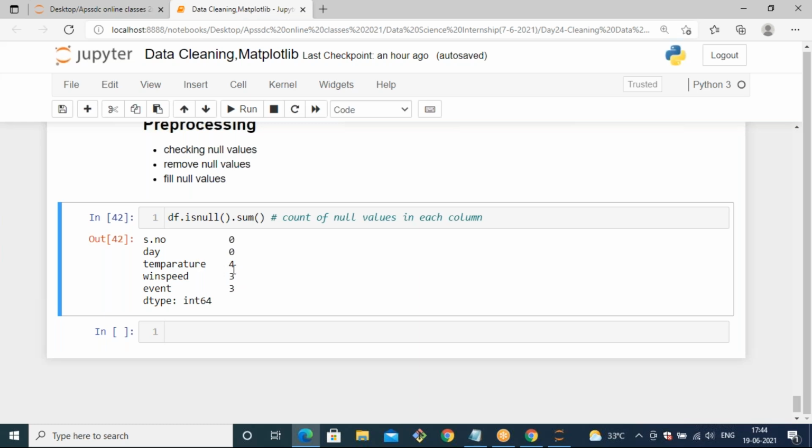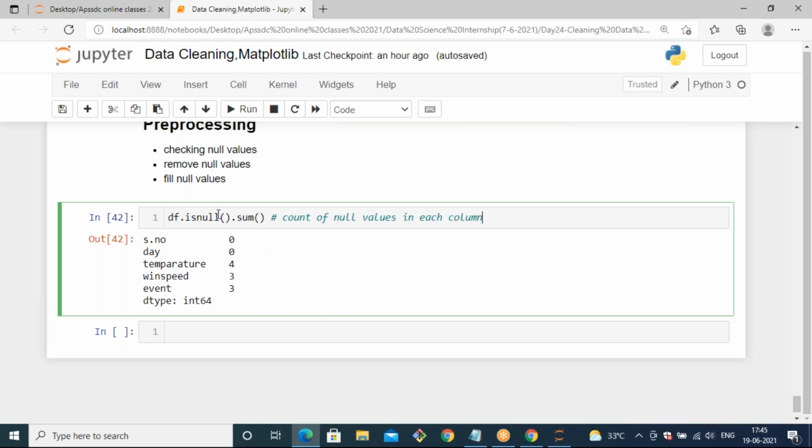You can observe in the temperature there are a total of 4 NaN values. Like that it will generate with the help of isnull().sum(). In the serial number and day columns, you don't get any NaN values, so in those two columns you will get 0 as a result. Like this, you can calculate the null values count and find out if there are any missing values. All the missing values are automatically replaced with NaN values. You don't need to bother about that. Whenever there are empty values inside the given data set, they are automatically converted into NaN values. Okay.